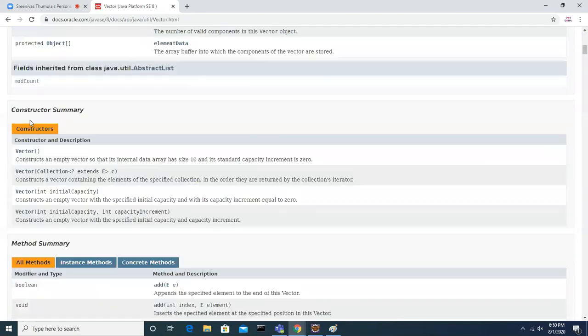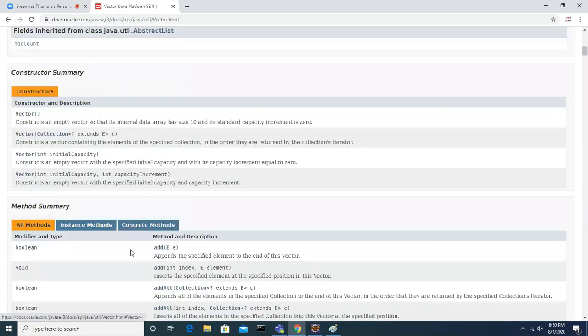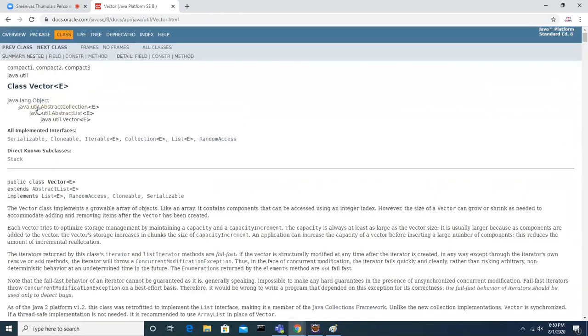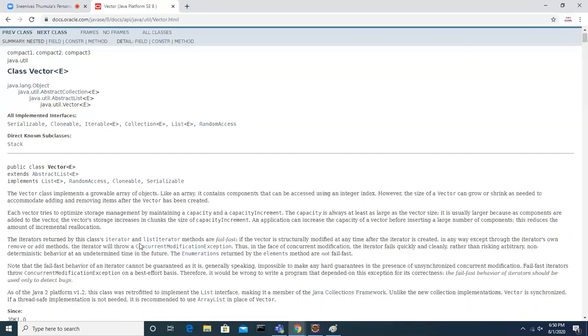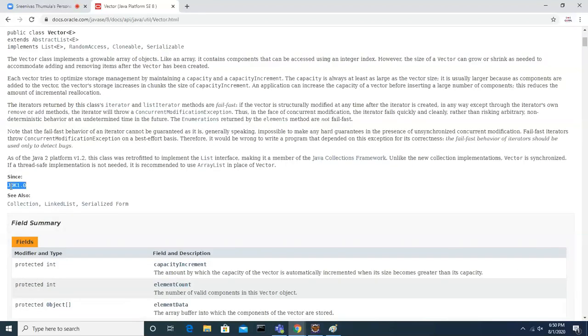If you see that vector, it has all the methods, and vector is already implementing the list interface. Look at that version, guys. This is available since JDK 1.0.